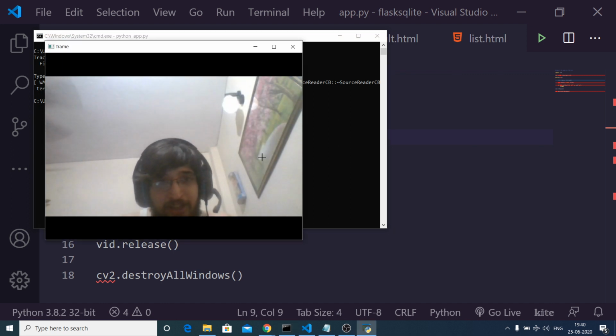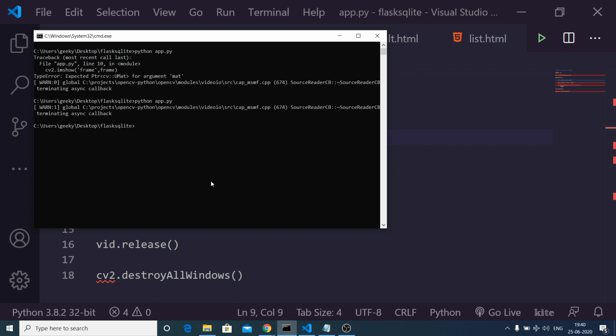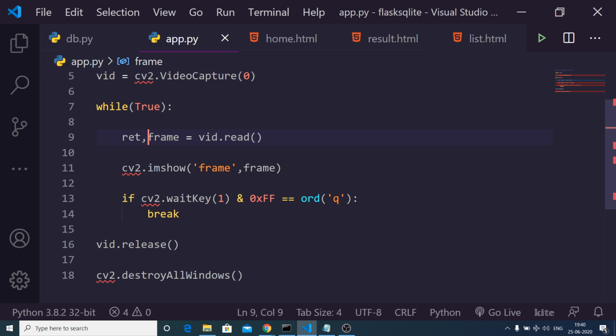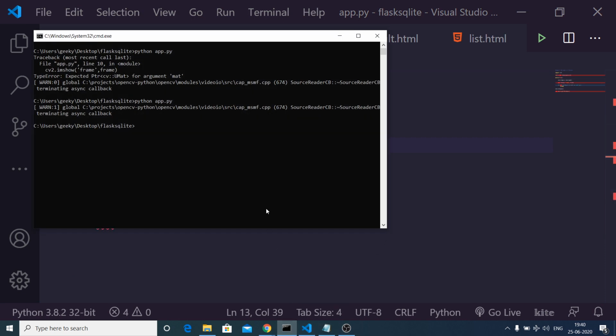And now you will see that, guys, now you can see the webcam. If I press the Q key, the application will close. And you can change the hotkey. You need to add this variable, which is ret comma frame. That's it. And I can just change the hotkey, let's suppose Q to G key. And once again, if I run the script python app.py,